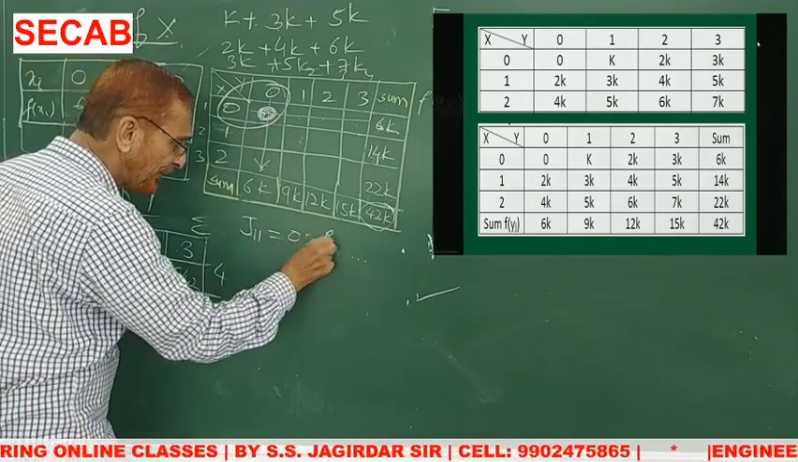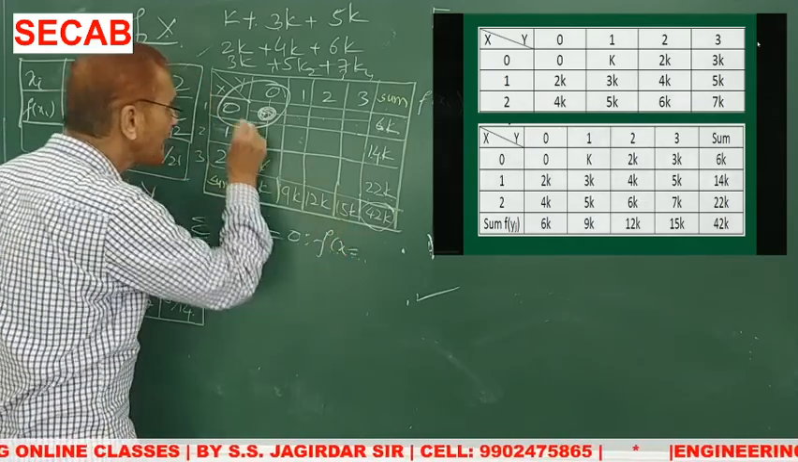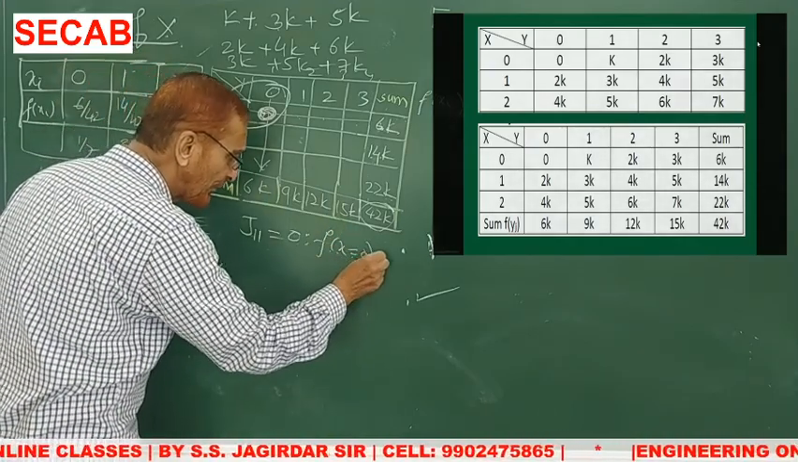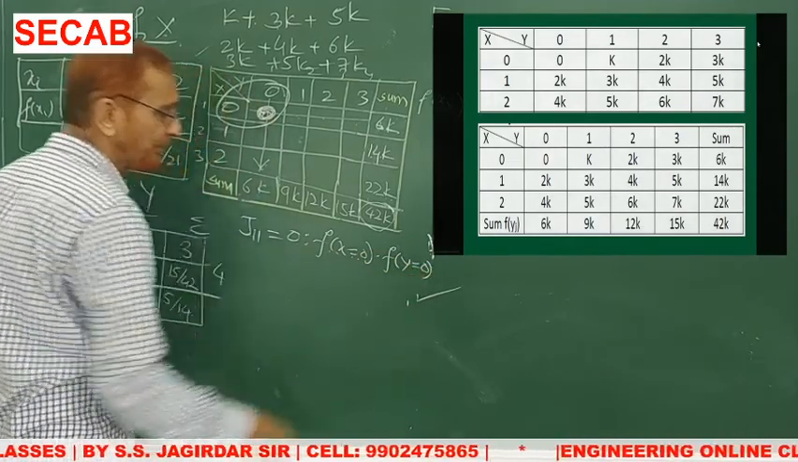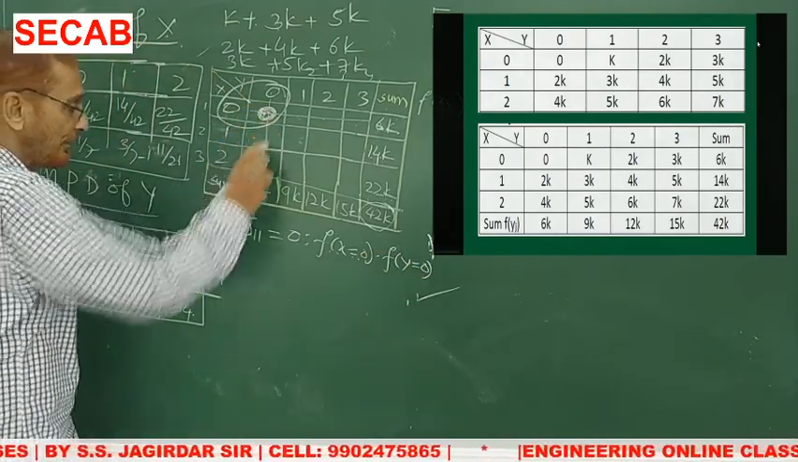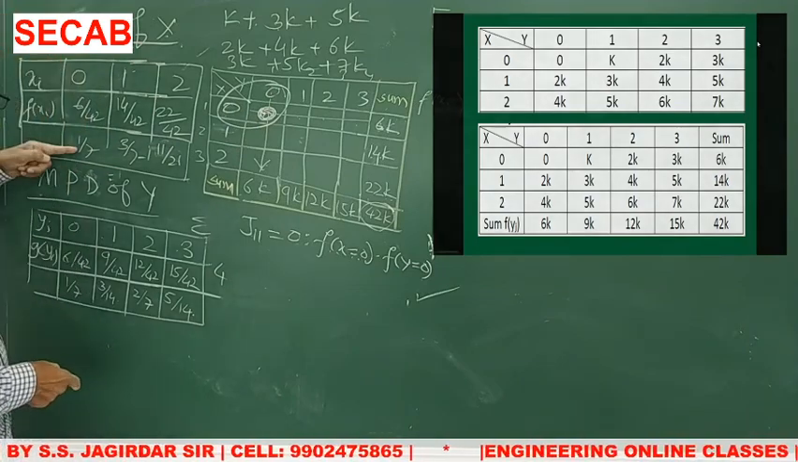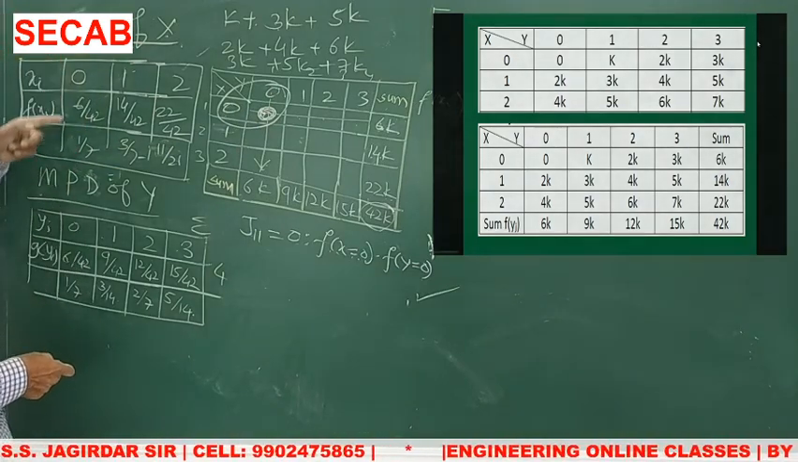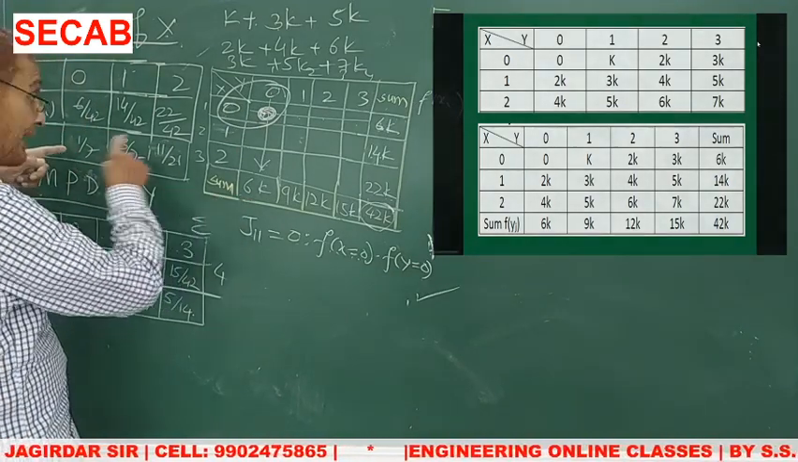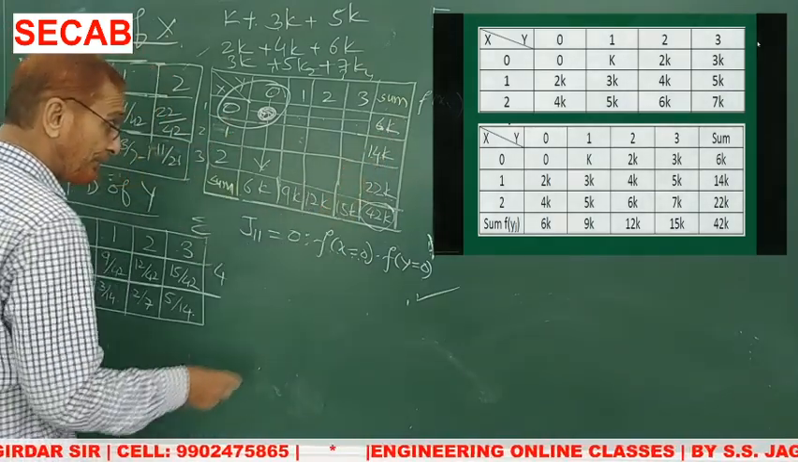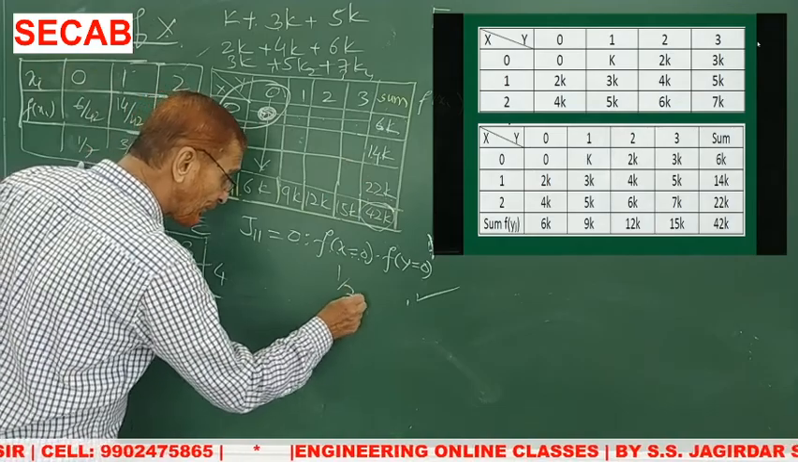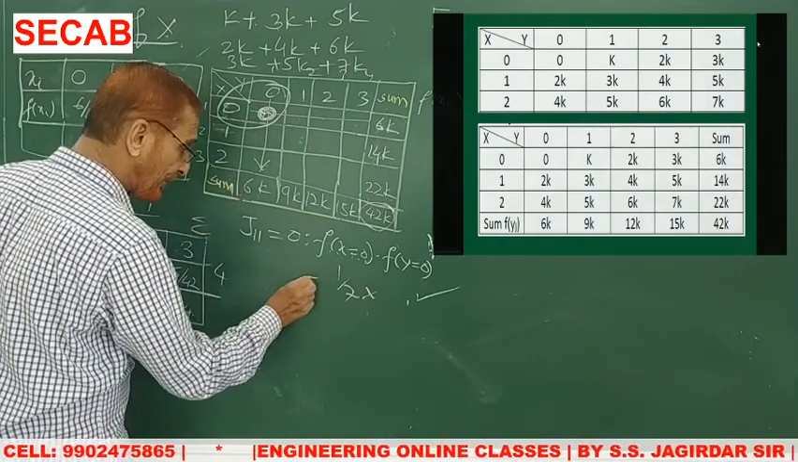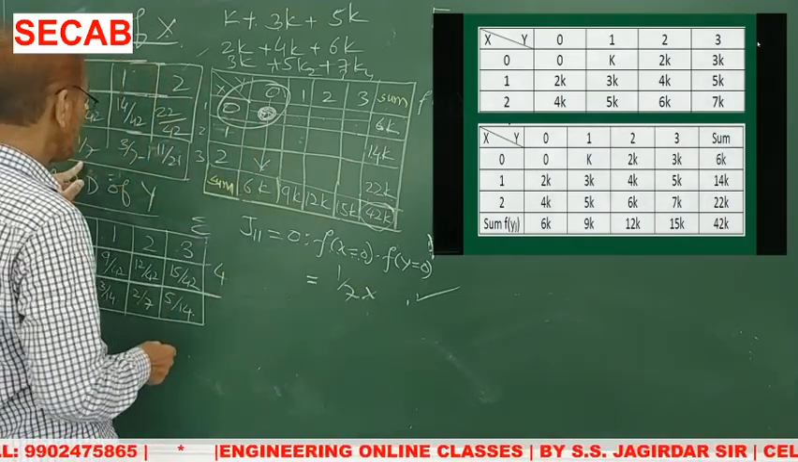And check fx is equal to 0 and fy is equal to 0. So fx is equal to 0. What is the value here? In the marginal table you will get, in the case of 0, it is 6k. That is equal to 6k, means 6 upon 42, means it is 1 upon 7, into 1 upon 7 into